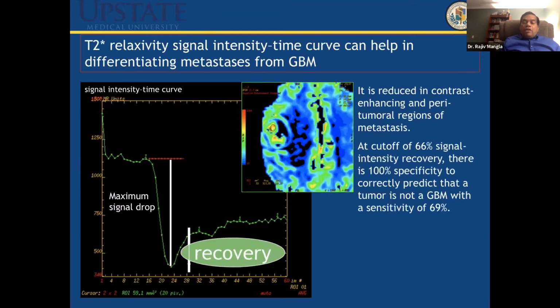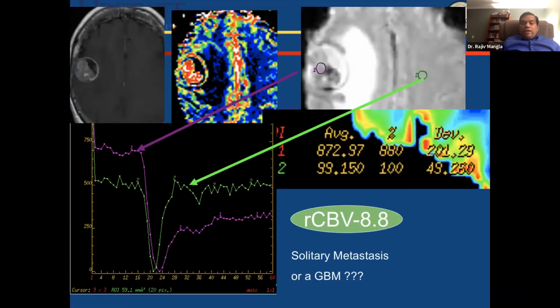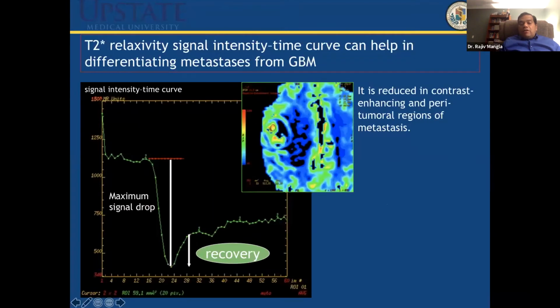on the basis of this recovery. Normally, if I go back, you see here, the normal brain parenchyma is in the green. It comes back to the baseline. But here in this purple color, it does not come to the baseline. There is something wrong with these vessels which don't come back, so they are leaky vessels, and that's why